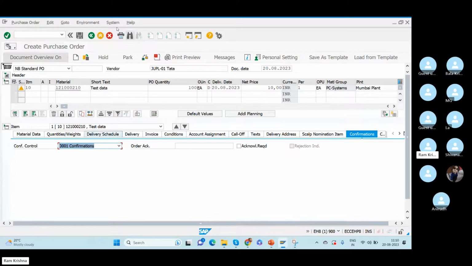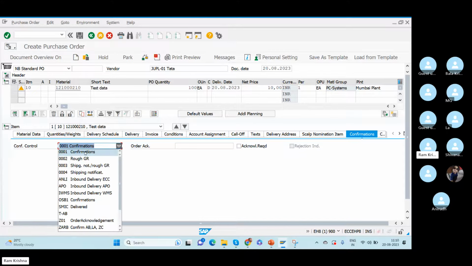So if I keep confirmation, it means that once the PO copy is sent to the vendor, this is the PO copy, the vendor will get to know that I need to confirm to the company, I need to confirm to the plant, when I am going to ship the goods, how much quantity I am going to ship. I need to give the information like that. Confirmations the vendor should give like that. Here, if you see,